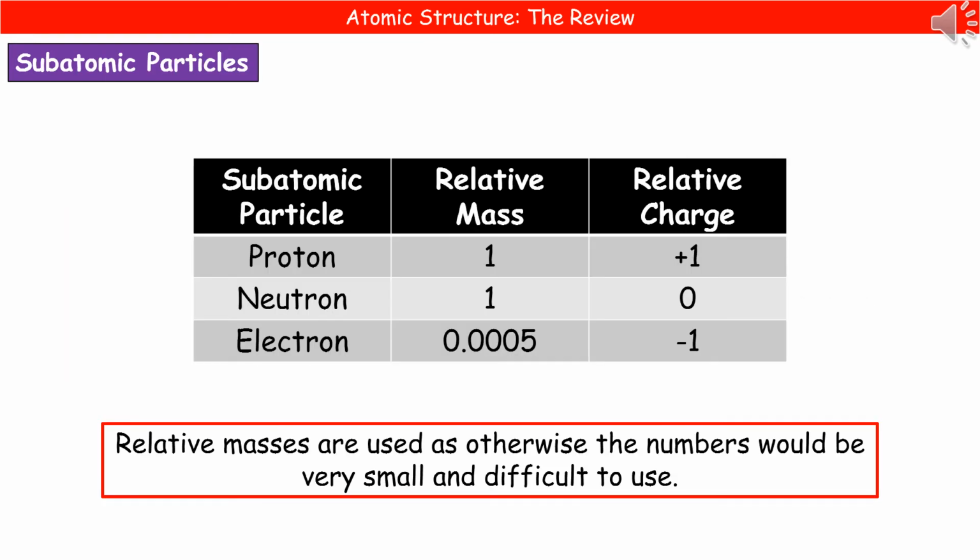We need to know the relative mass and relative charge of our 3 subatomic particles. So a proton, relative mass is 1, relative charge plus 1. Neutrons, relative mass is 1, relative charge 0. Electron, relative mass 0.0005, and the relative charge -1. And remember, we use these relative masses because otherwise the numbers we'd be using would be incredibly small and incredibly